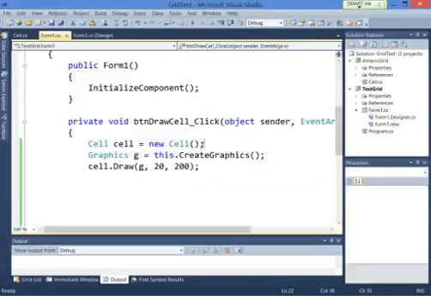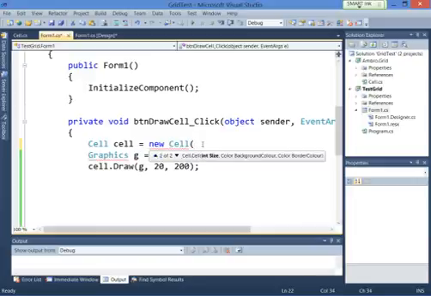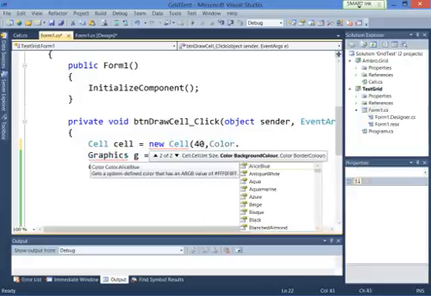I mean, I could do new cell. I could go in here and we'll pick the second version. So let's say I want to do 40 pixels and then color dot, the background color, let's say is,